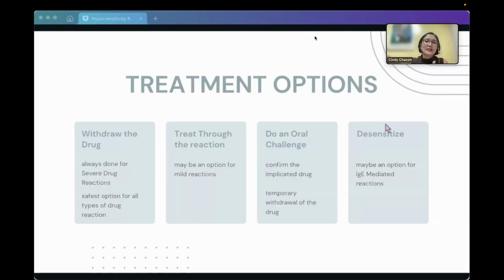Second is what we call treating through the reaction. So the decision to treat through is usually just an option rather than a general rule. Most allergists would actually prefer not treating through because drug manifestations may change. Right? For example, you got the patient with an MP rash first, you continued the drug kasi sabi mo skin lang, tapos eventually nag-DIHS siya, nag-overlap siya to a DIHS, no? So, mag-change yung manifestation, pwedeng maging severe. So, this is usually not a very acceptable or amenable option for us, but sometimes we do.